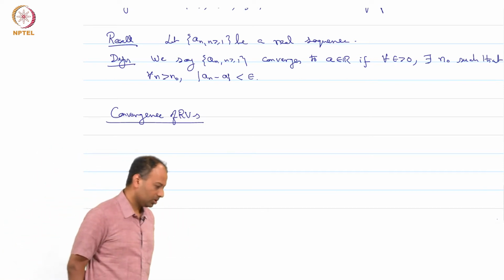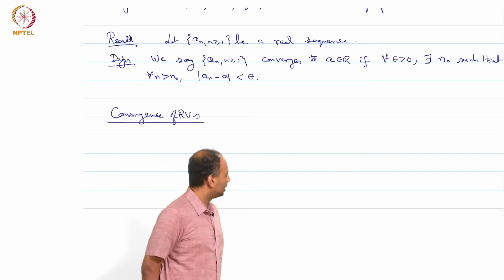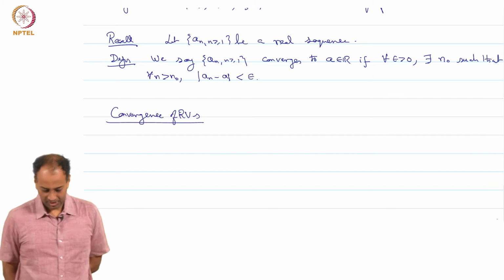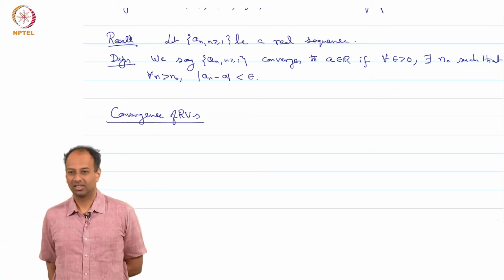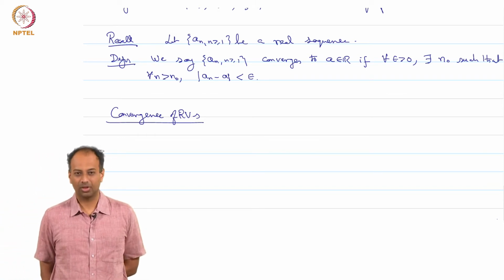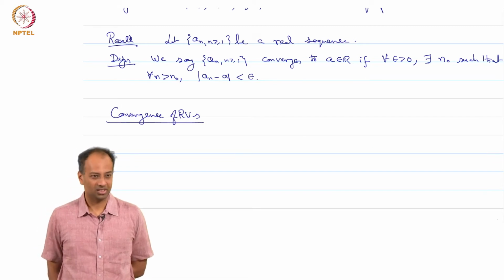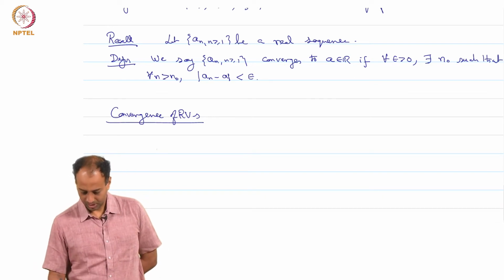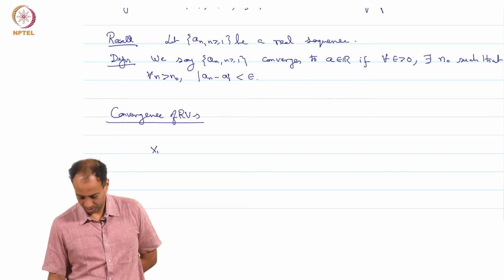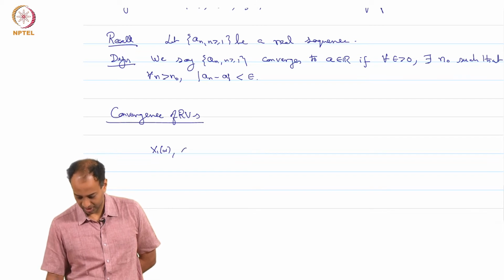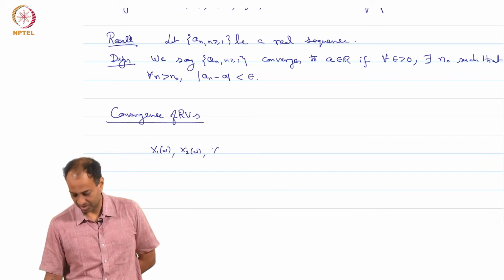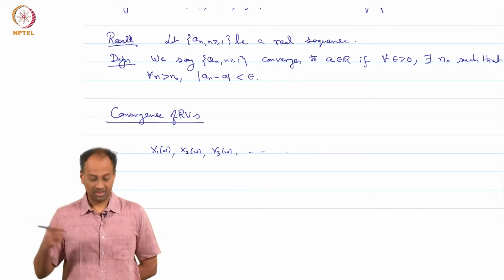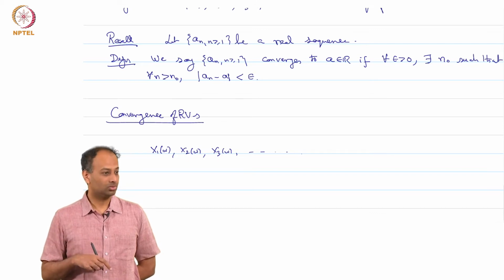Now, you want to talk about these random variables converging. So, you talk about those omegas for which this sequence of real numbers x1 of omega, x2 of omega converges or does not converge, right. So, this omega realizes and you get a real sequence. Now, does this converge, and what does it converge to?